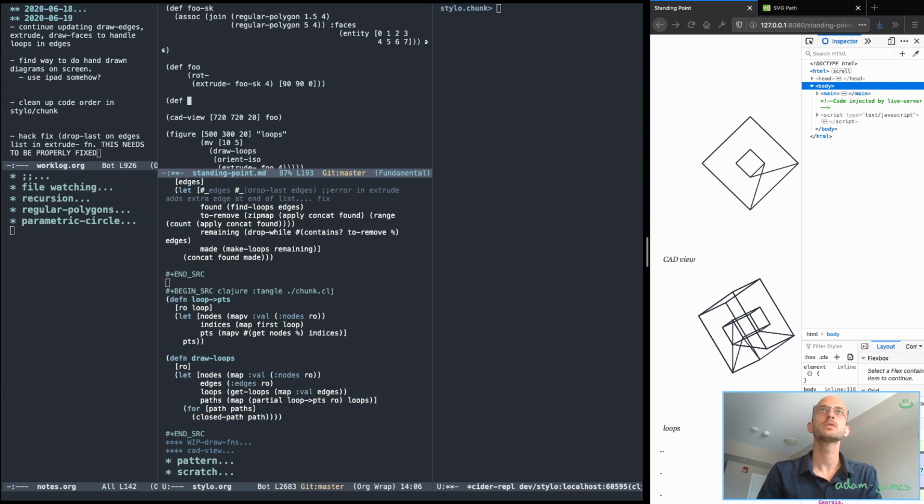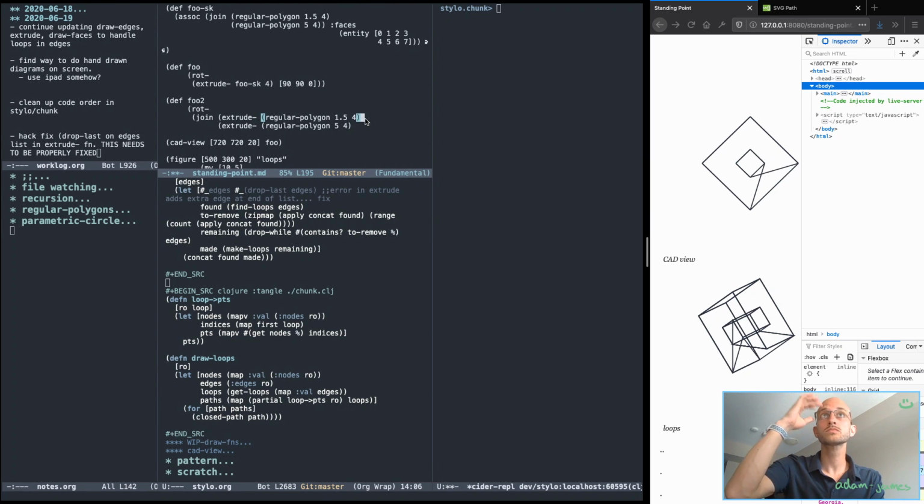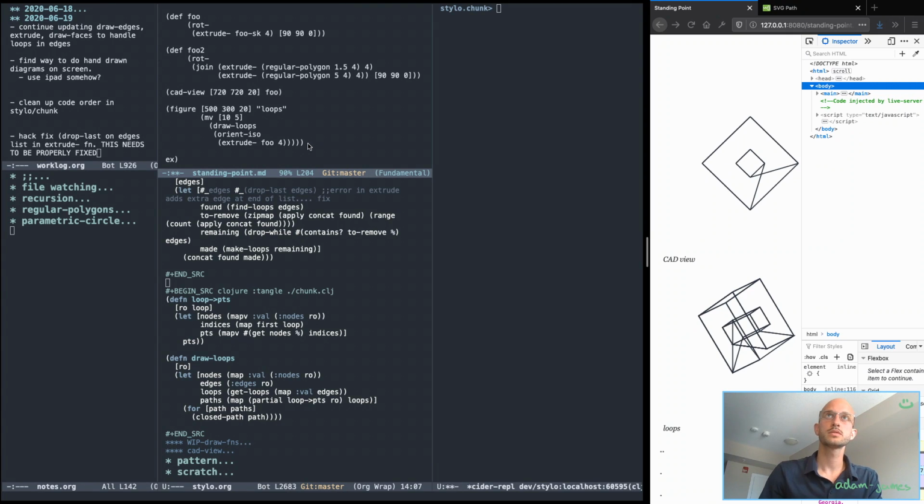If I define foo2 as the rotate, the join, but I have to extrude each of these. Extrude by 4. That's the join, and I want that rotated 90, 90, 0. So that's foo2. So if I draw that,